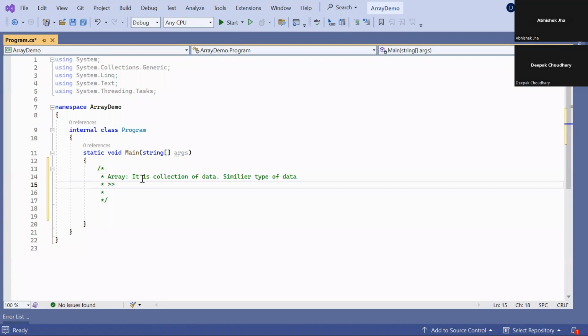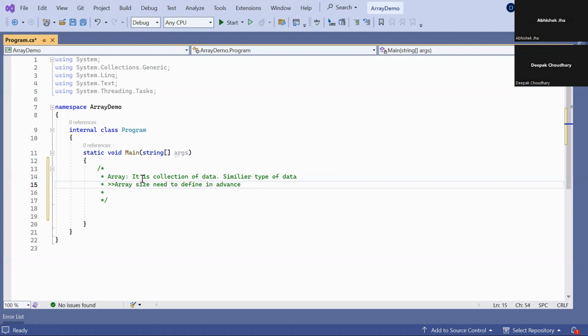The next point we can provide is that array size needs to be defined in advance. In the sense, whenever you are creating an array, you have to define its size.